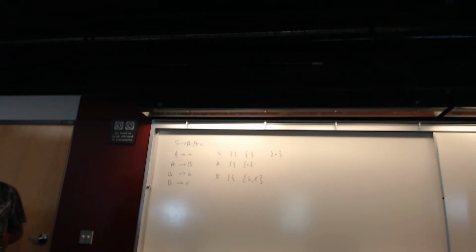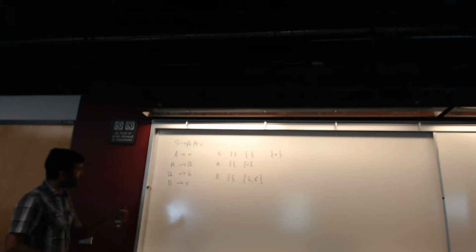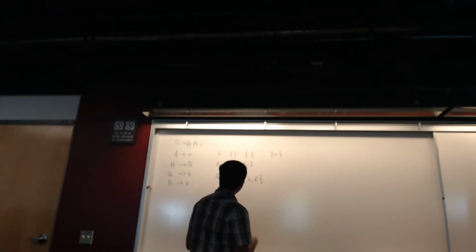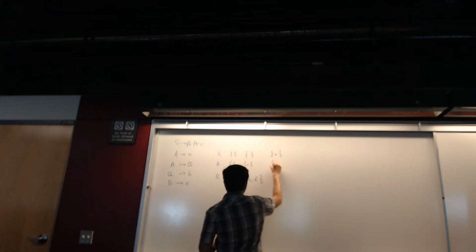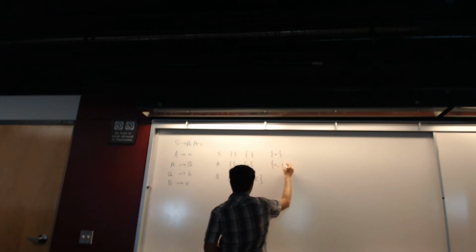X will be B and alpha is epsilon, right? So if X is B, alpha is epsilon, what does the rule say? The rule says to add first of B minus epsilon to first of A. B has epsilon, so you add B to A. So now the first of A becomes A comma B,